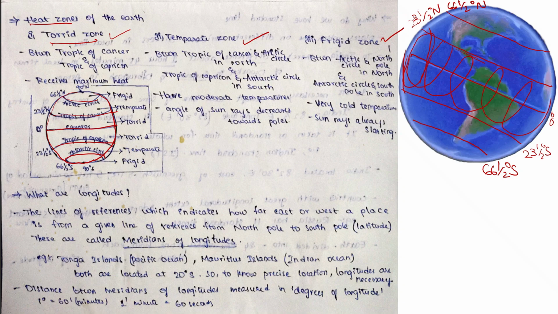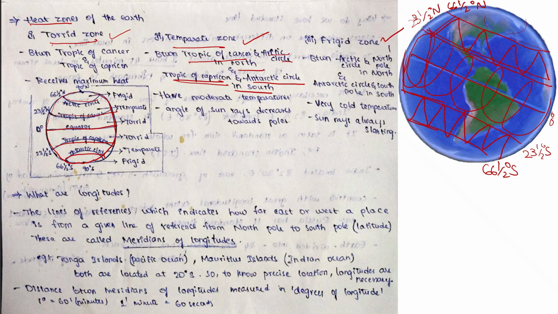And what is temperate zone? Temperate zone lies in between the Tropic of Cancer and Arctic Circle in the north. So this is the temperate zone in the north, and between Tropic of Capricorn and Antarctic Circle in the south. This is Antarctic Circle, this is Tropic of Capricorn. So this area is temperate zone in the south, and the remaining area,